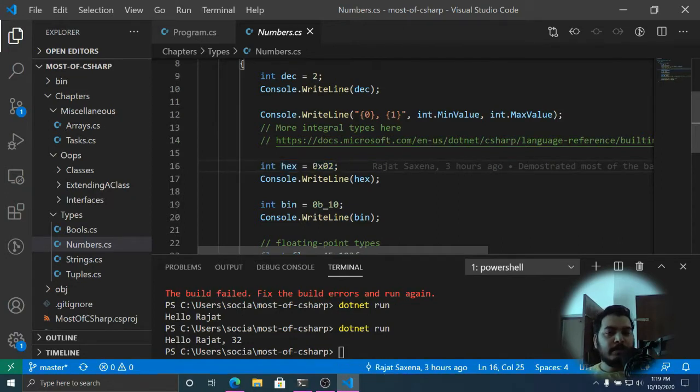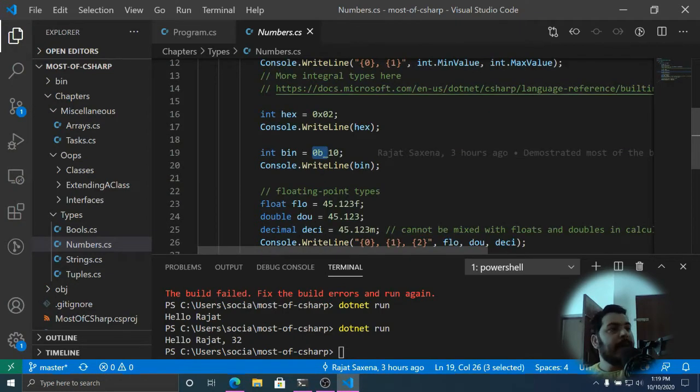You place your hexadecimal code and prefix it with 0x. Similarly, if you want to create an integer variable and assign a binary value to it, you put the binary value and then prefix it with this. So this will initialize the integer variable with the binary value.